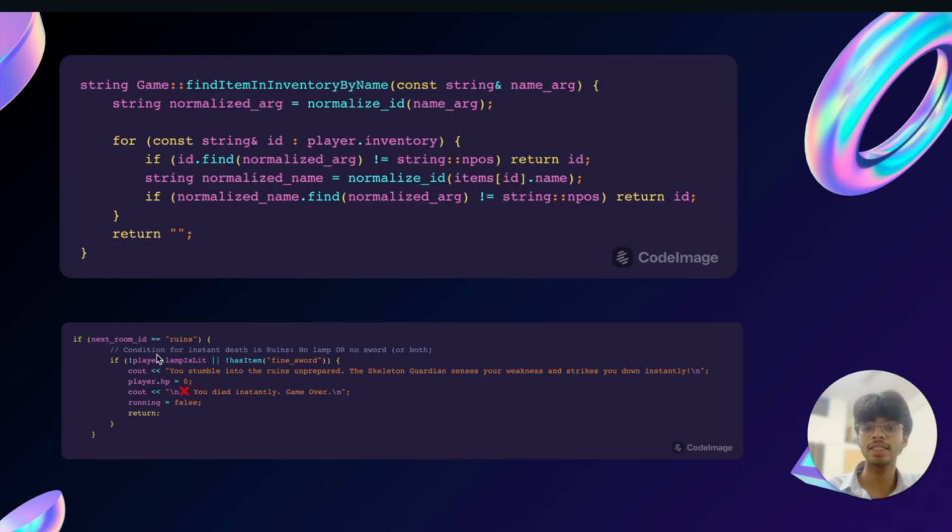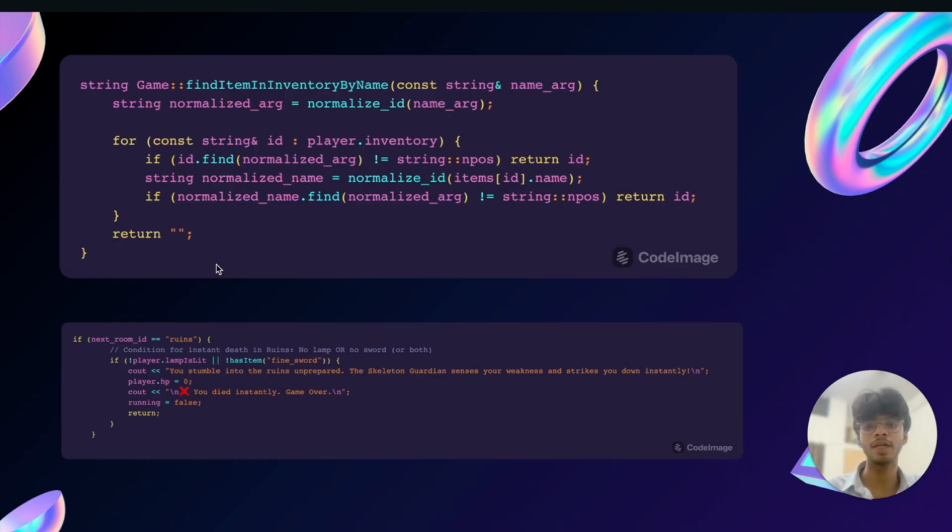Here it is the logic that prevents the player from winning the game unprepared. Like, here the code first asks, is the player attempting to enter the ruins? If yes, we proceed to check the required conditions for survival. And if the player does not have the lamp and the fine sword,